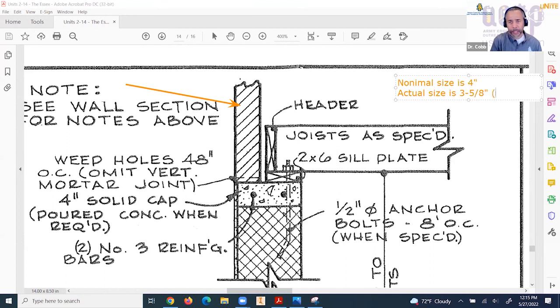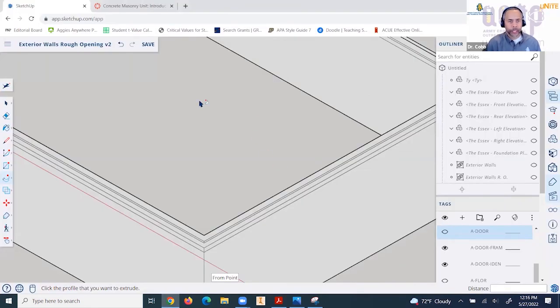Again, the same thing as with the CMU: the actual size is the nominal size minus 3/8 of an inch. So they subtract 3/8 of an inch from the nominal size to give you the actual size. So when you're creating the